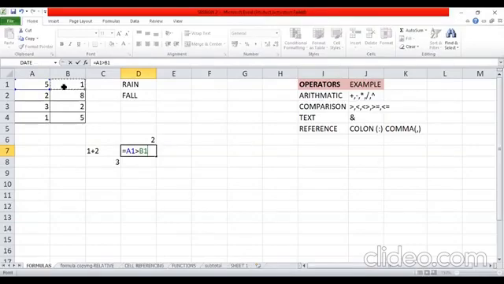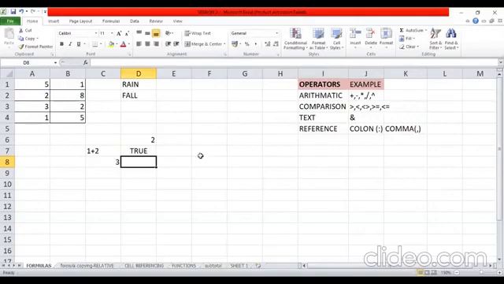That means it will check whether A1 is greater than B1 or not. If A1 is greater than B1, the expression is true, and it will give me the answer as true. If the expression is false, it will give me false. So right now, when I press enter, I get true because 5 is greater than 1. So you can use any of the comparison operators in this manner.